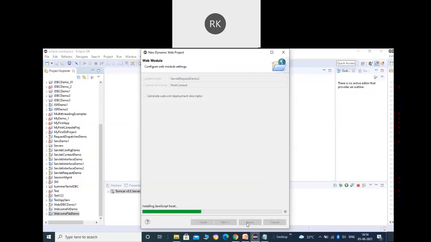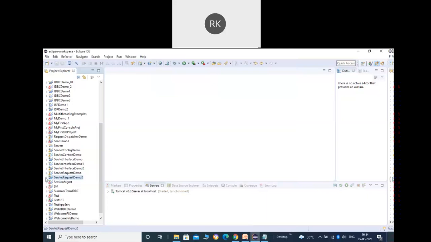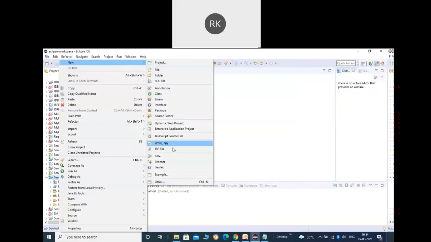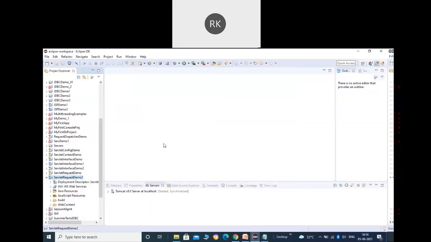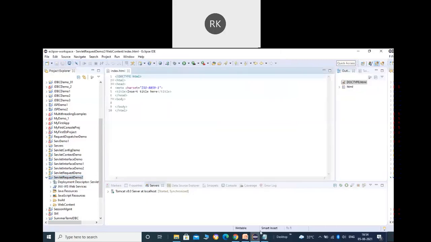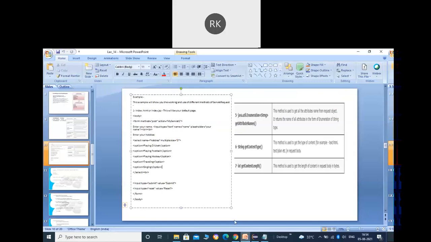Go to File, New, Dynamic Web Project, and let's say the name is ServletRequestDemo. Add the deployment descriptor. All right, so here is our project.